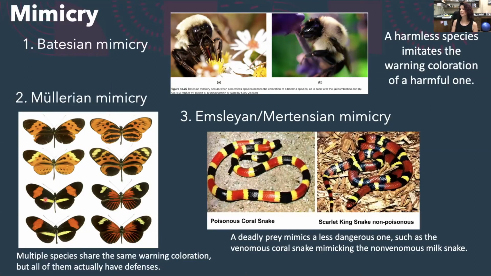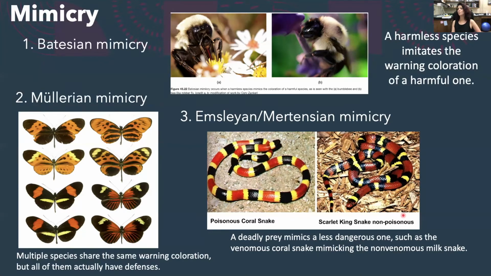Next, we have something that is called Mertesian mimicry, also called Emilesian mimicry. And this is a little bit more rare, a little bit more contrived. This is when a deadly prey mimics a less deadly one, such as the venomous coral snake mimicking the non-venomous milk snake. So here we have the scarlet king snake on the right,